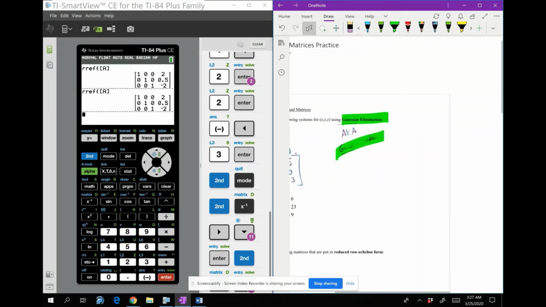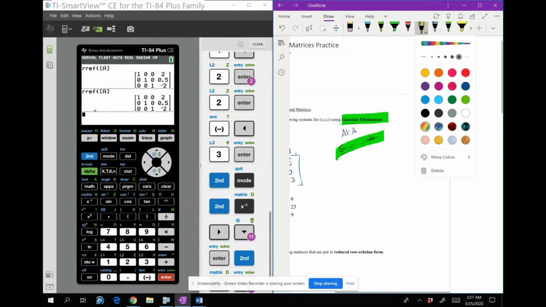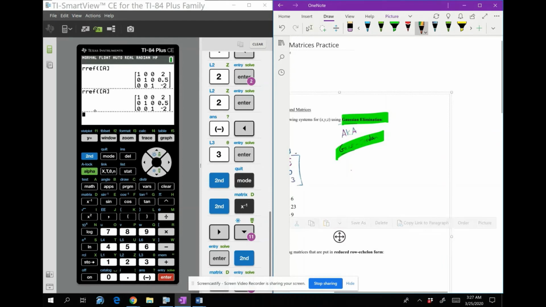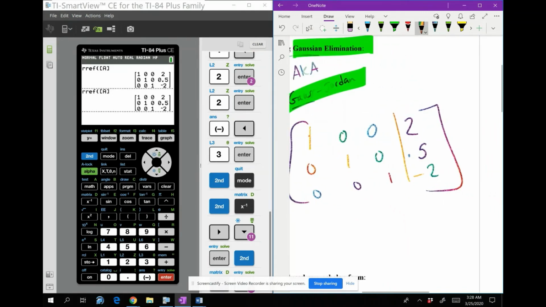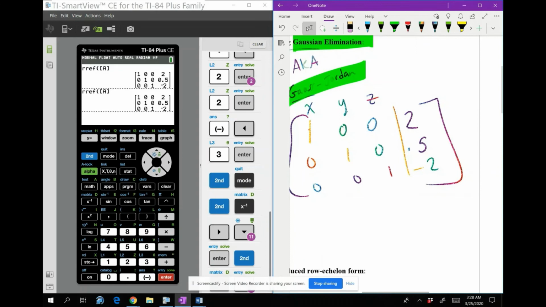So our final answer would be, as a matrix, it's going to be 1, 0, 0, 2, 0, 1, 0, 0.5, and 0, 0, 1, negative 2. Okay, so what this means is, this is reduced row echelon form. Well, if the first column is your x coefficients, your second column are your y coefficients, and your third are your z coefficients, what this tells us is that